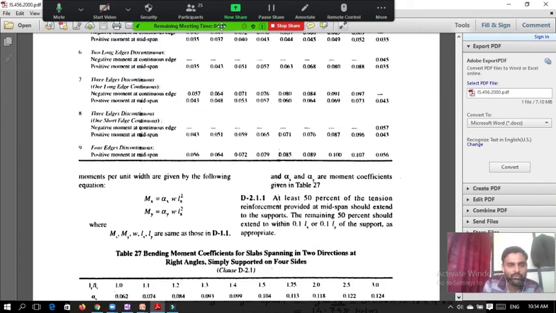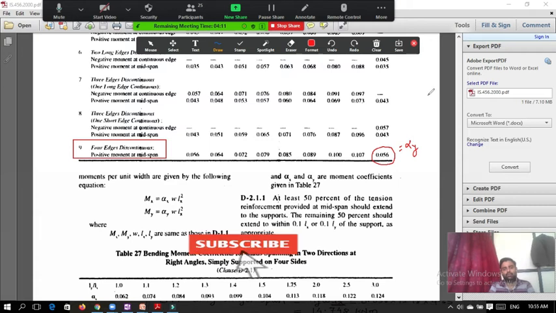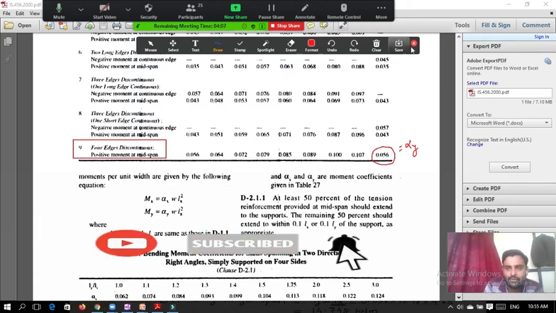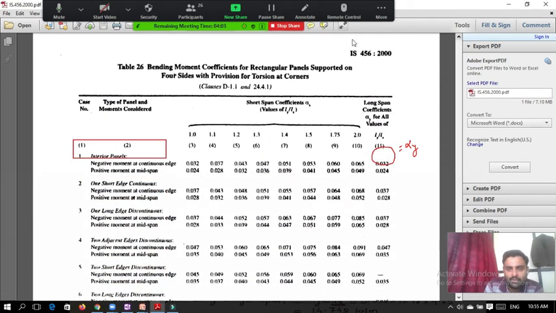Here we have assumed this last condition: all four edges are discontinuous edges. So what is the value of alpha x and what is the value of alpha y? The last column is the value of alpha y. This is our value of alpha y. Only one value is given over here. And to calculate the value of alpha x, you need to see,